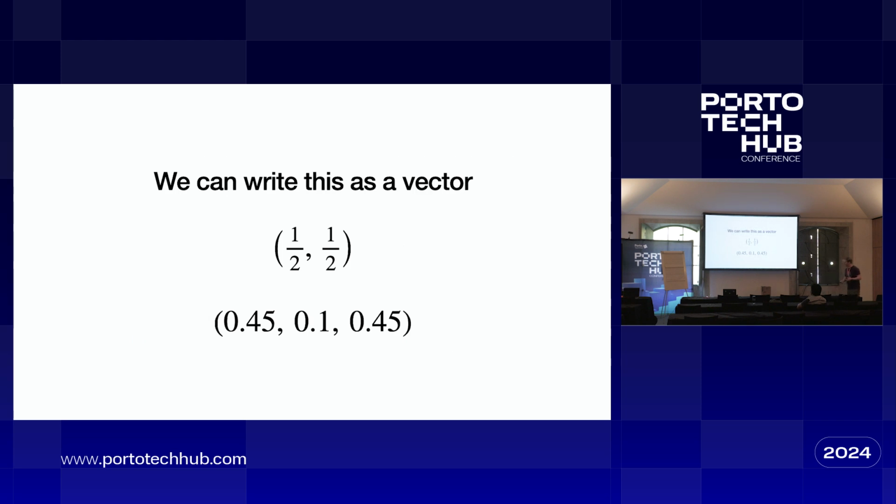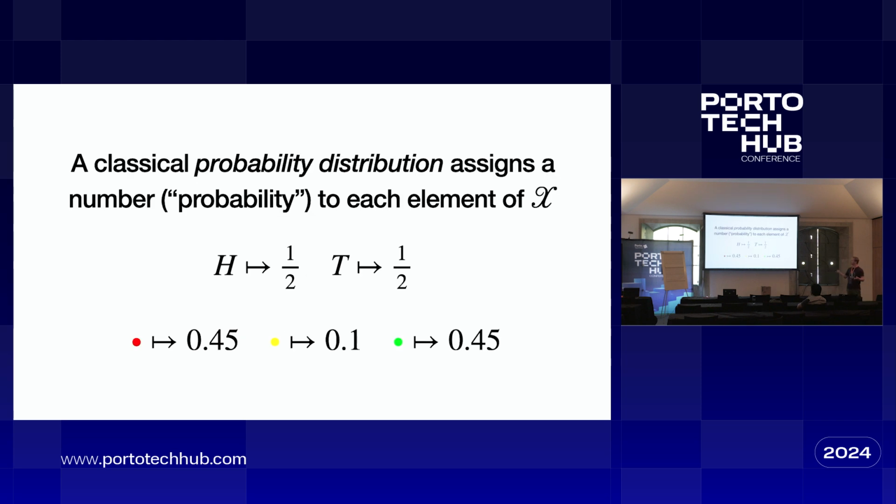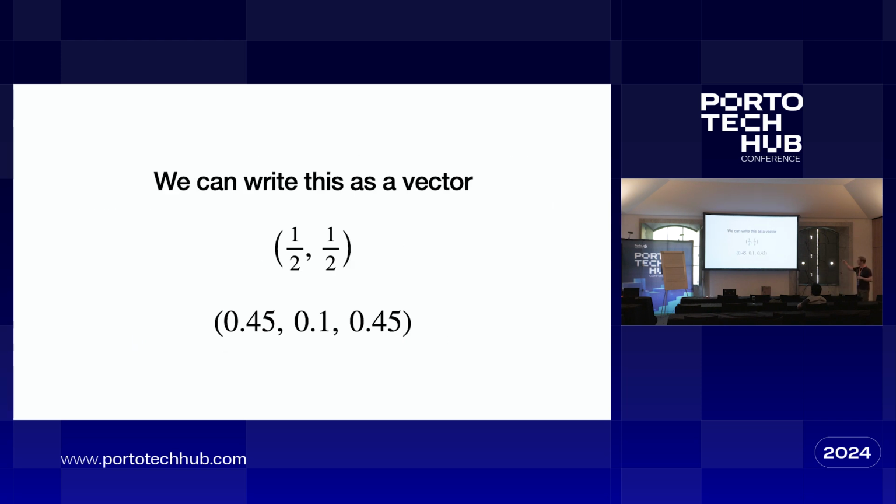Ordinarily in probability theory, we write that as a function called a probability mass function, or in the continuous case, a probability density function. But here we're going to do something different. We're going to write probability distributions as vectors. What's the difference here? Only that we've labeled the outcomes by an integer. That's all. A vector is a mapping from the integers to something.